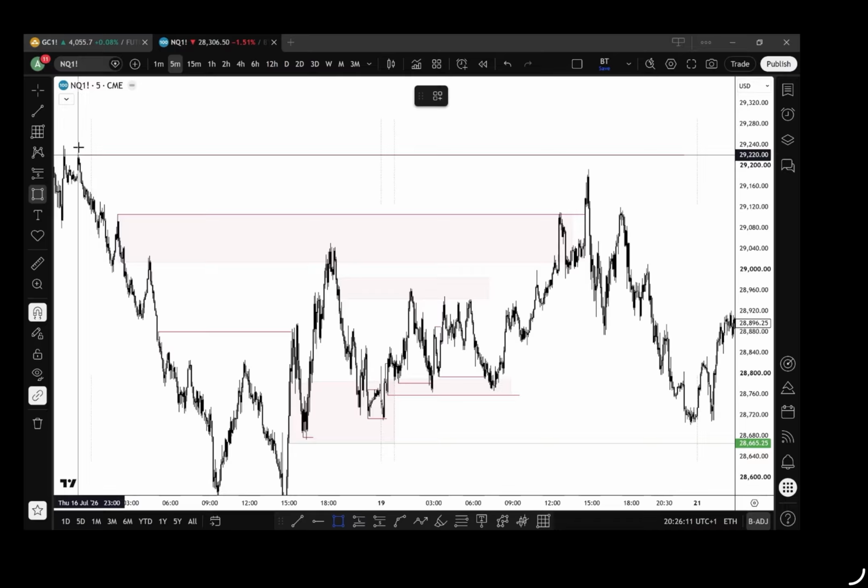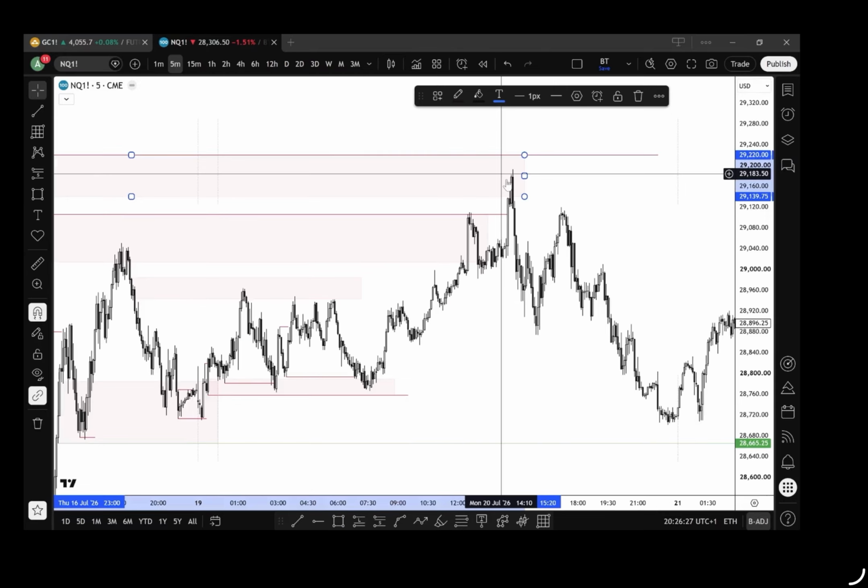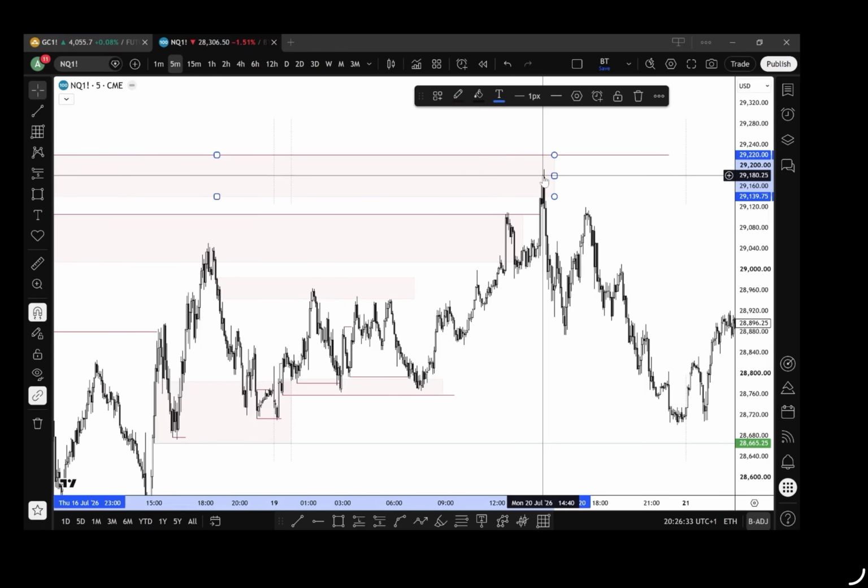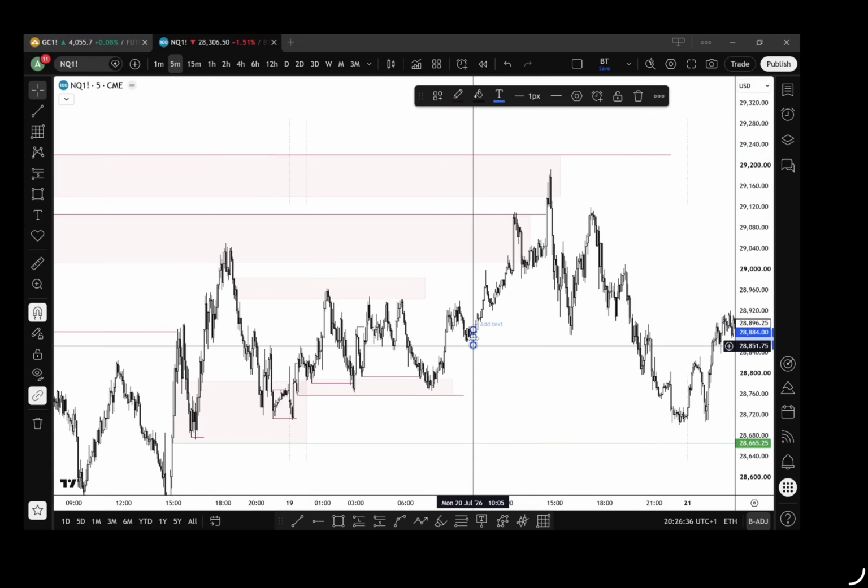Okay, so once we take liquidity, this is now, I believe, on the open, on market open, so stock open, we induce higher, we respect these highs, and we sell off. Okay, now all we've done in this move is induce buyers. We come back down, we respect this area.